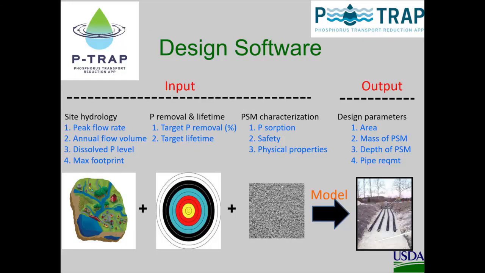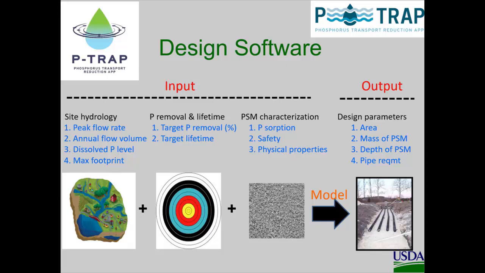So to aid in the design of the structures, we developed software. It's called P-Trap, Phosphorus Transport Reduction App. It's completed. It will be freely available through the USDA. Right now, it does what it's supposed to do. We're working on the cosmetics right now and trying to make it a little more user-friendly. But essentially, it is engineering for dummies. We're trying to allow the non-engineer to be able to design these